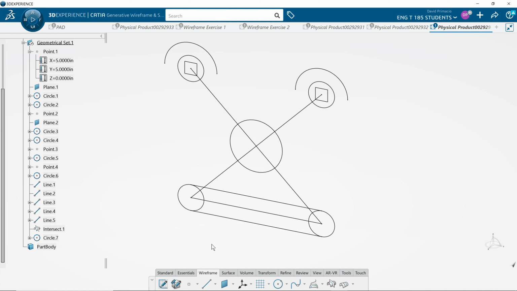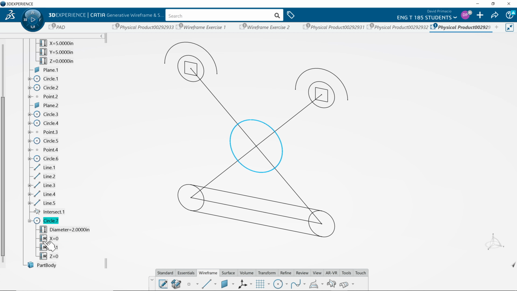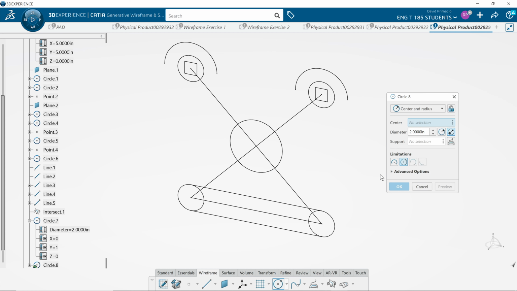Okay, this next demo is going to be for common tools. So this intersection point in the tree, you don't really know it's linked to that circle. When I expand the circle, all I know is that we've got a diameter of 2 inches. So what I'm going to do is go to circle, and where it asks for a center,